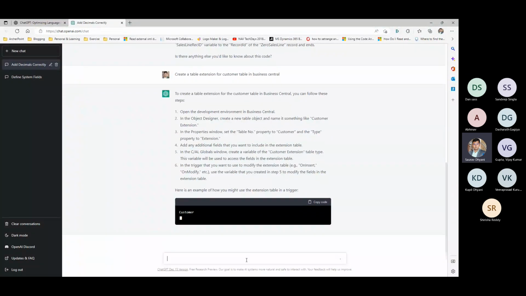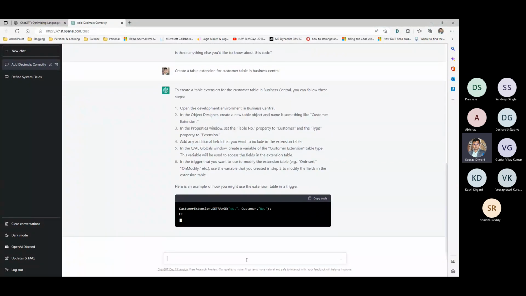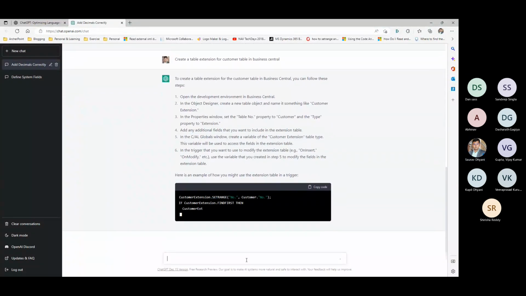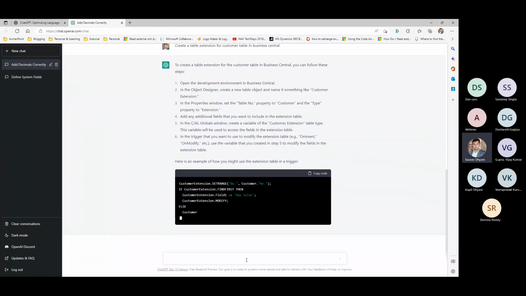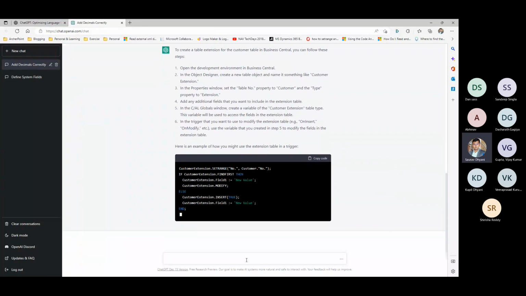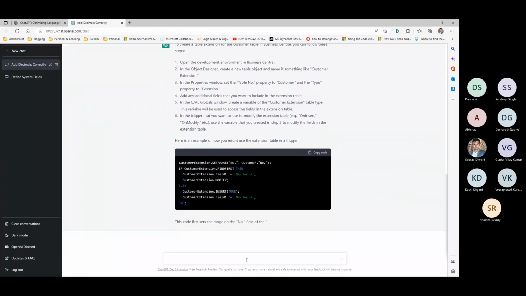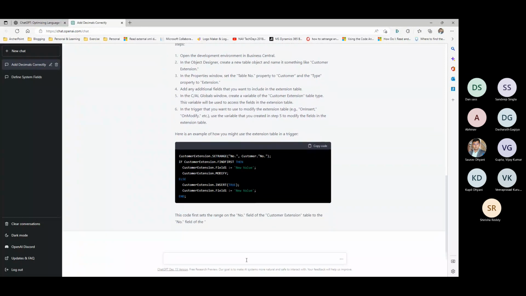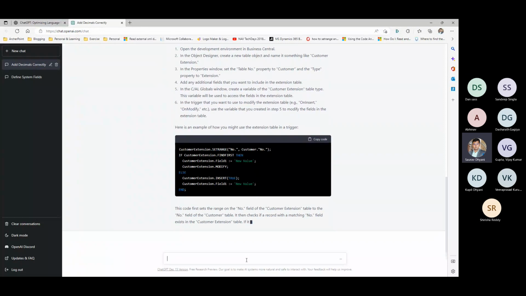But it's pretty fun. I'm pretty sure it'll go ahead and be something going forward. But right now, it's writing code to do some modification or an insert on your C/AL code or AL code. So I just wanted to share that.